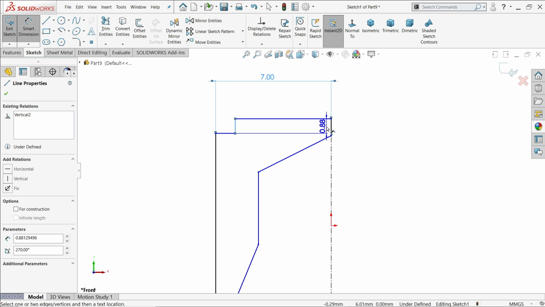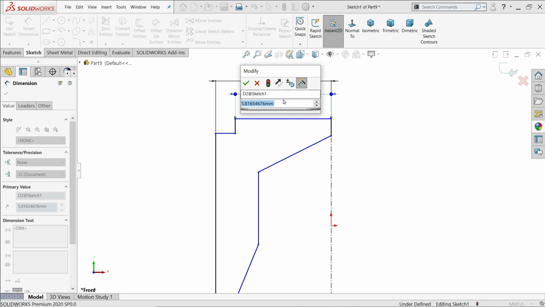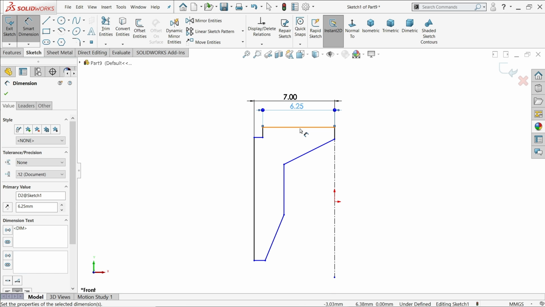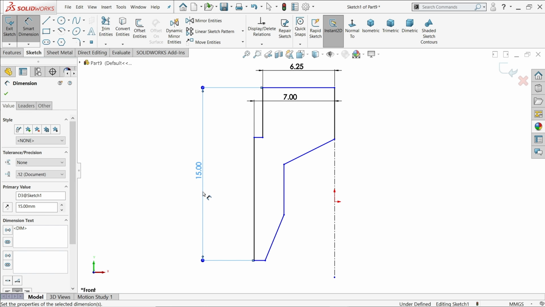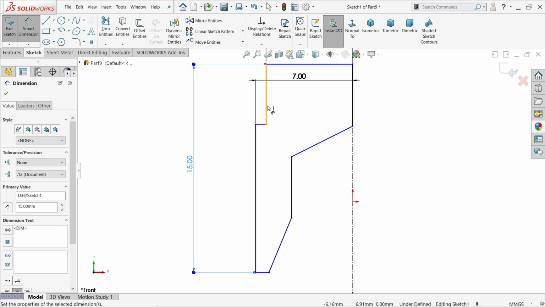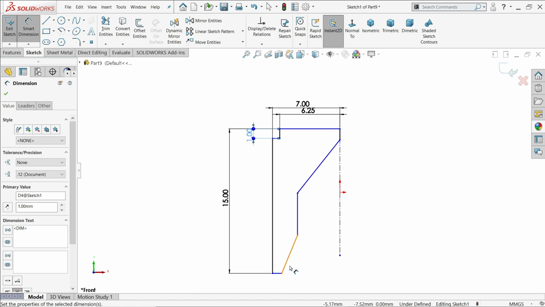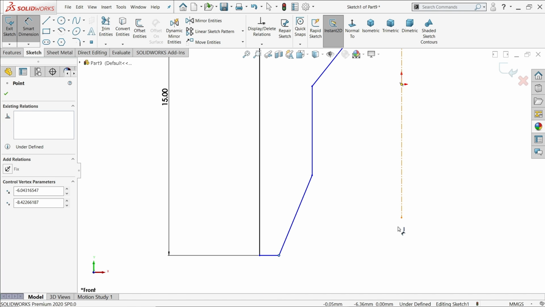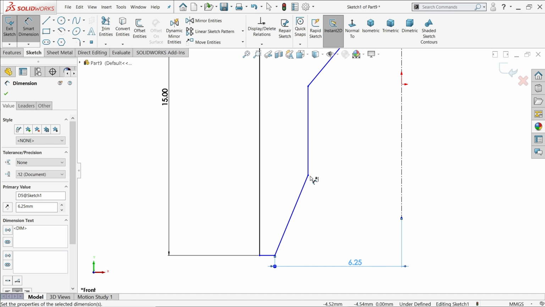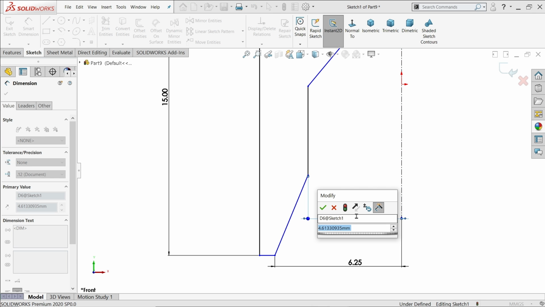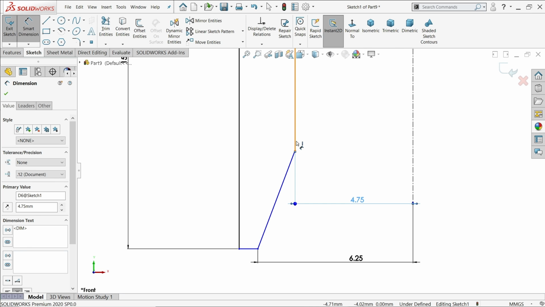Seven millimeter, .25 millimeter. Then overall length is 15 millimeter. One millimeter. .25, 4.75 millimeter,